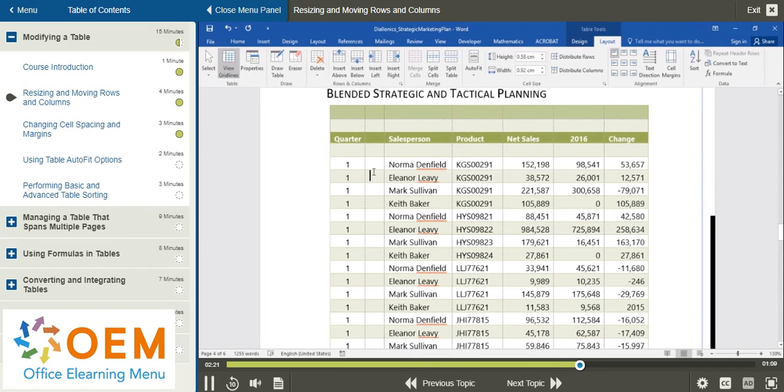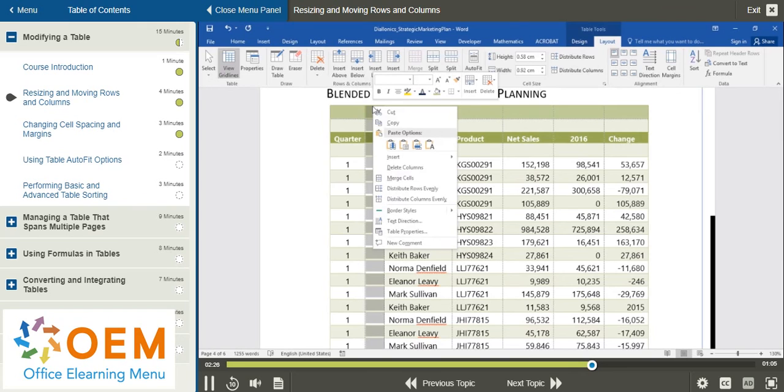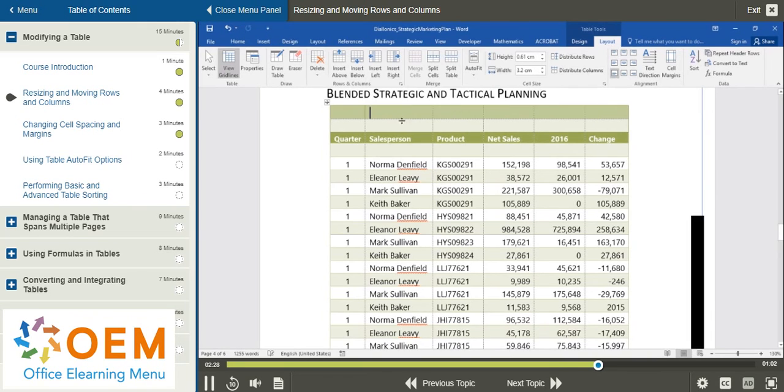Let's have a look at moving. Should I wish to replace this column, I can cut it out by right-clicking on the column and clicking Cut. If I wish to paste it at the end of the table, I will see the down arrow